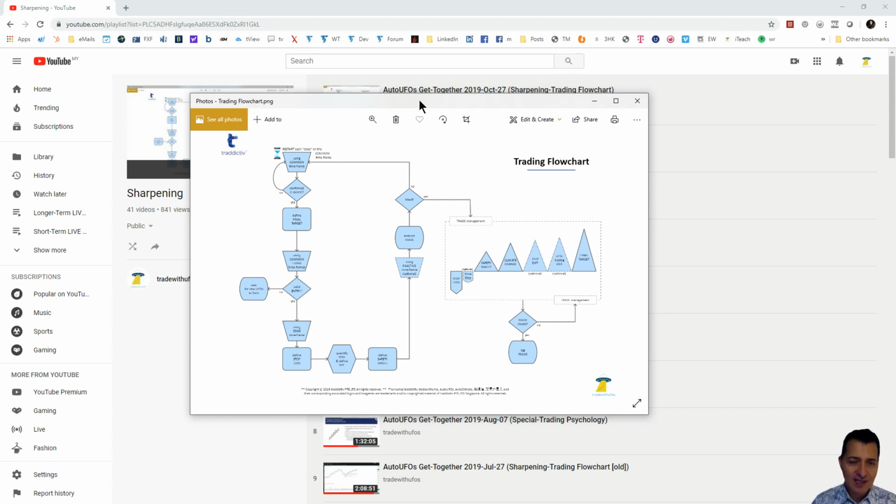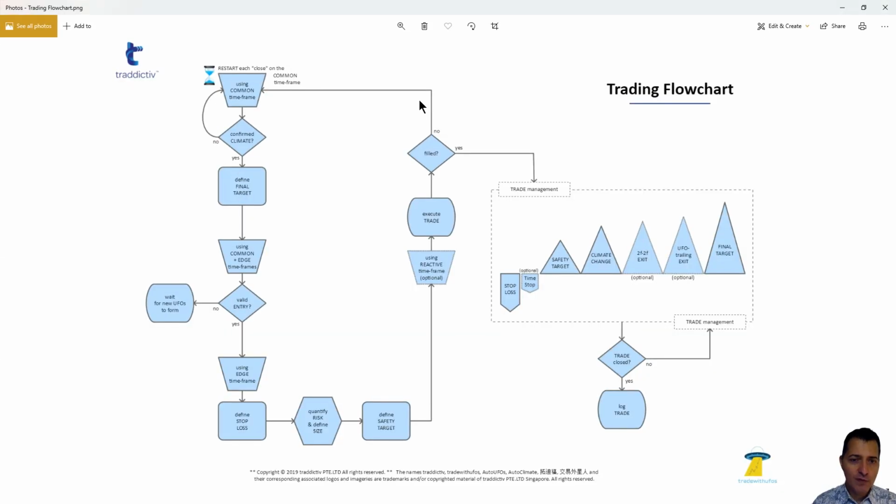So given that level of flexibility, we took version 1 of the flowchart and we made it version 2. The reason we did that is because we were told, based on emails and comments, that some traders were getting confused, especially when defining the target, because we were doing an extra change of time frame before. So we slightly simplified the flowchart to remove a couple of steps, okay? And we also added one extra step when it comes to trade management, which is climate change,